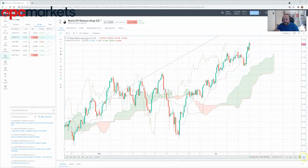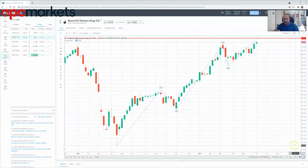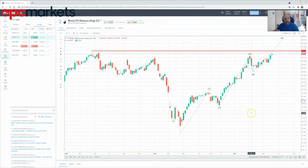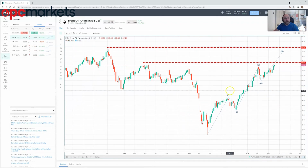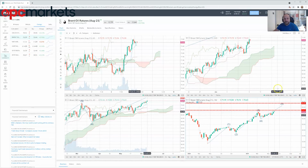On the Brent crude side of things, again, similar type of formation, the impulsive move higher. However, we do have this resistance level at 74.71. So that's a couple of dollars away from present price action. However, the major resistance level on Brent crude, which lines up with the WTI crude oil resistance, is 86.84. So continuing this impulsive move higher in the same way that we're seeing on the WTI side of things,